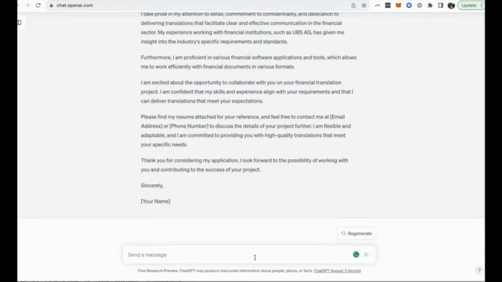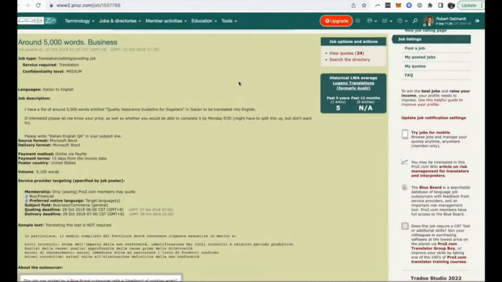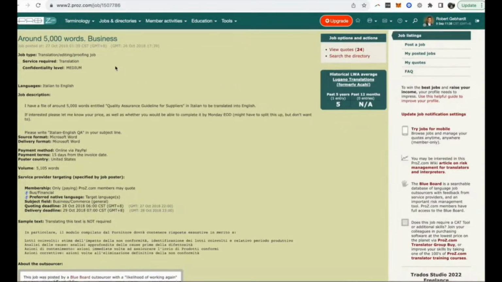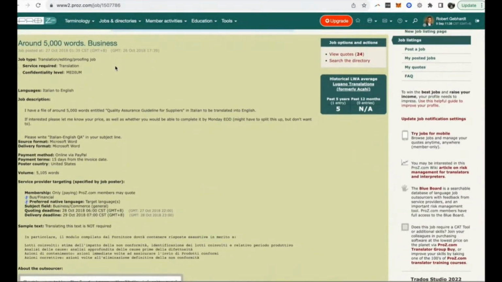But let's say you want to simplify this process even more. And let's say there's a job on ProZ.com, you're applying to that job on ProZ.com, and you want ChatGPT to help you with that. So let's do that. So we're going to take this job. This is a job that I posted, and I'm using this one just because I don't have permission to use anyone else's. And I'm just going to copy